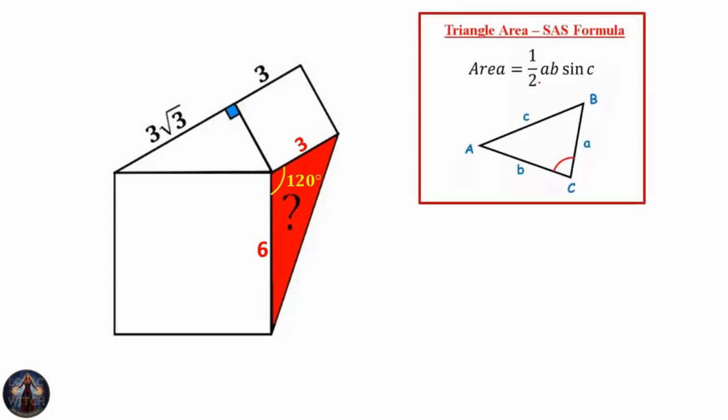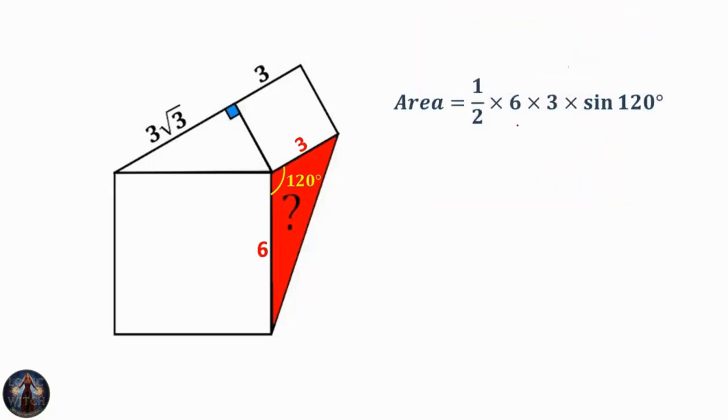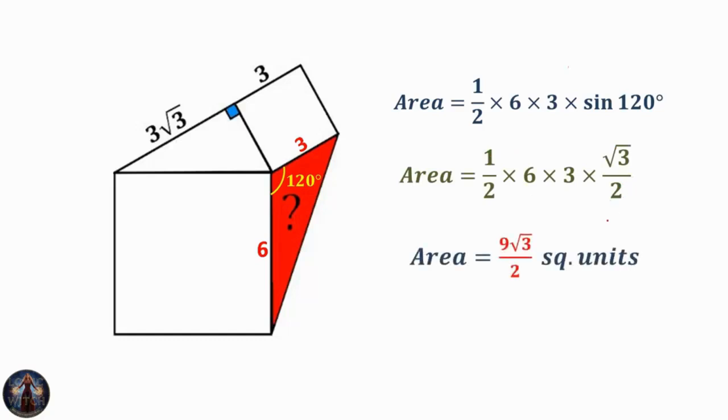Now we have a formula for such cases which says the area of such a triangle is equal to half of the product of the side lengths into sine of the included angle by those sides. Now using this formula, we'll get the area of this red region as half into 6 into 3 into sine 120, and we know sine 120 is the same as cos 30 degrees. So substituting the value of sine 120, or we can say cos 30, we'll get this equation, which on simplification will give me the area of the red region as 9 root 3 by 2 square units. So that's my answer for this